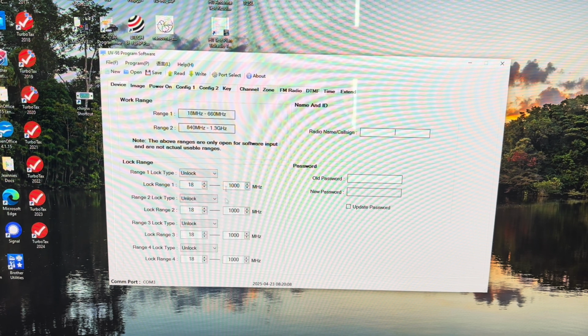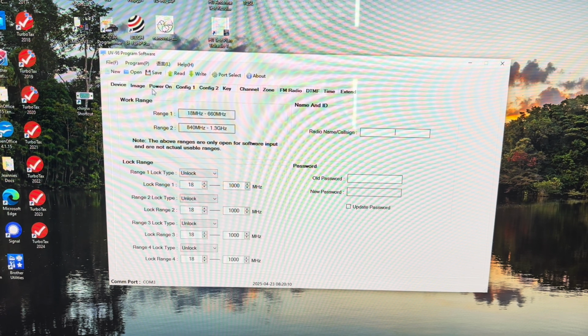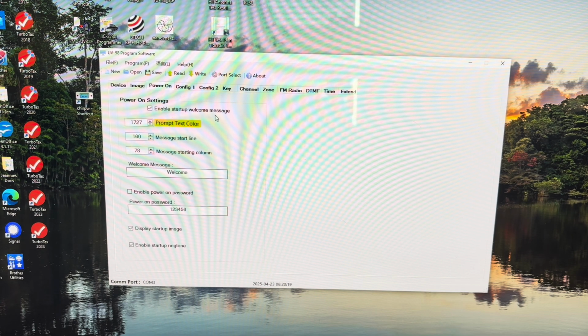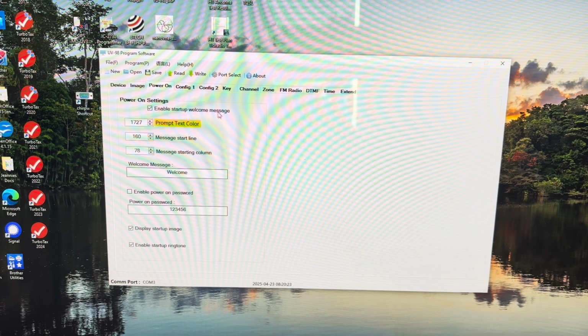And then these things you don't usually touch, just leave them alone. The image that's supposed to be here does say iRadio. I don't know why it's not showing up. It did before. When you power on, if you want to enable a startup welcome message, you can put it here